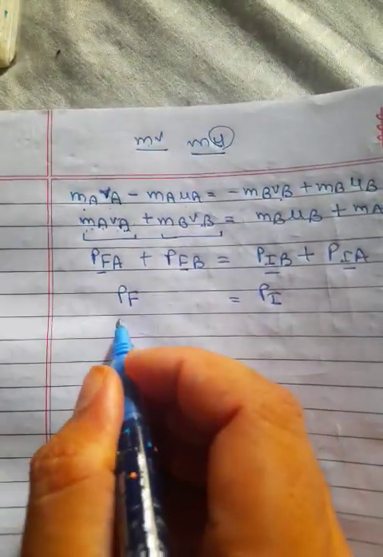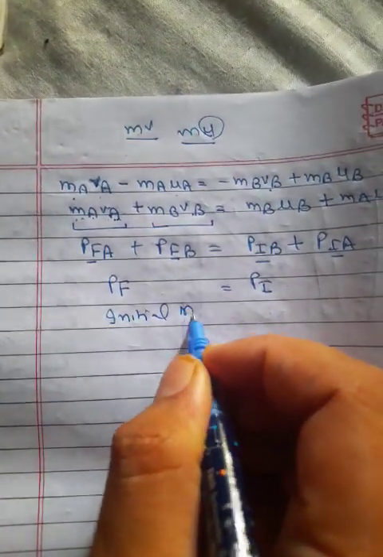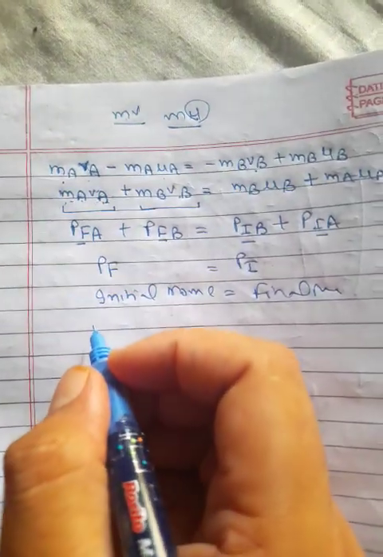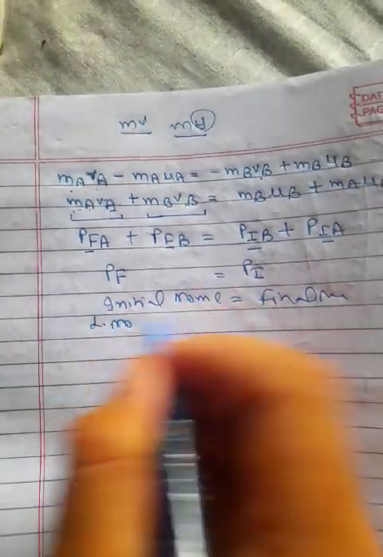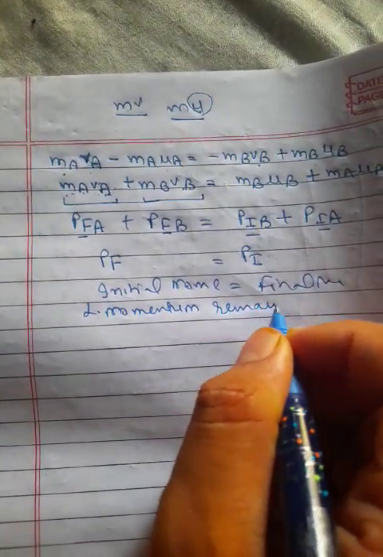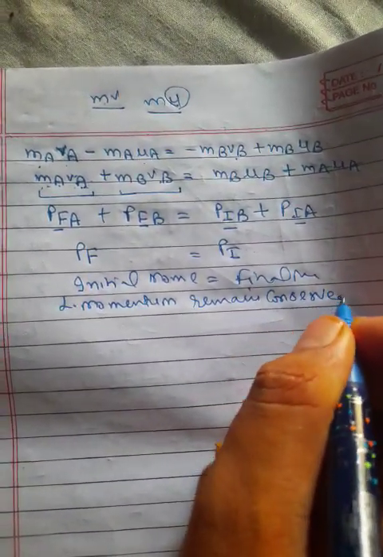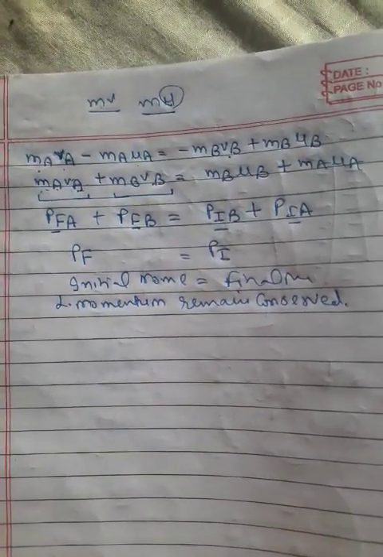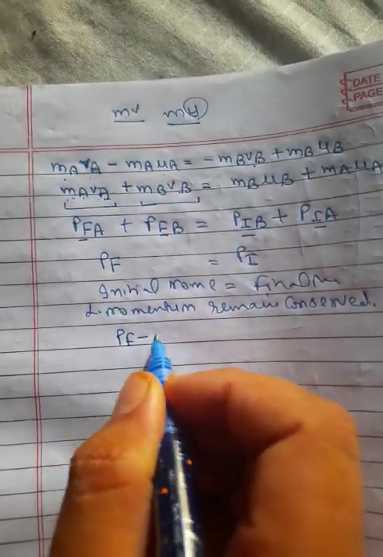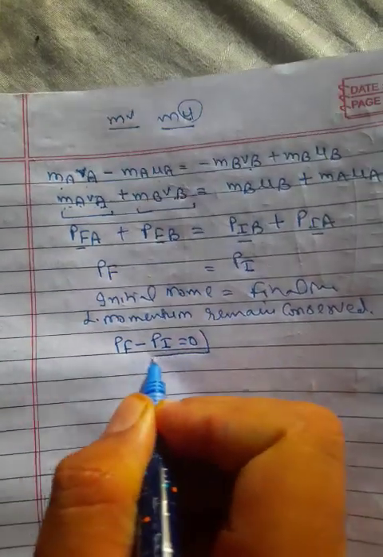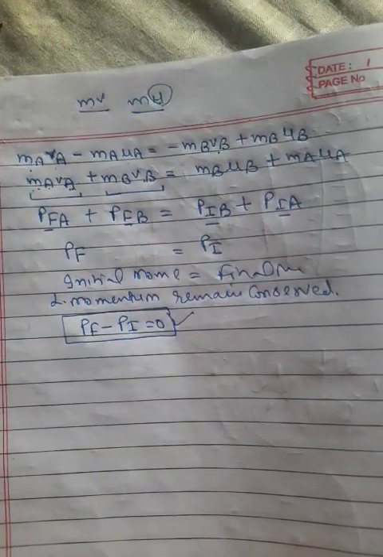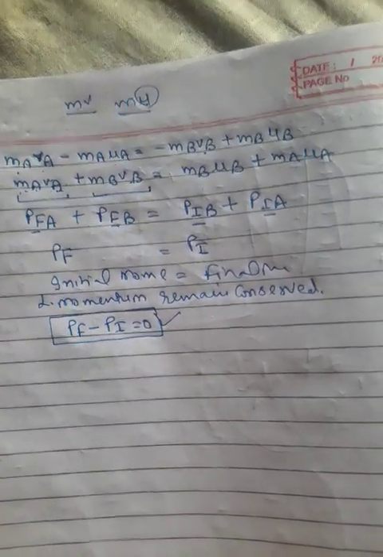Okay. So we proved here that initial momentum is equal to final momentum. So linear momentum, this momentum is the linear momentum, remains conserved. Okay or not? Okay student. This is the simple explanation. So we proved here initial is equal to final. So you can take this side here, so we can say Pf minus Pi equals 0. Okay or not? Yes, this is a simple explanation of the conservation of linear momentum.